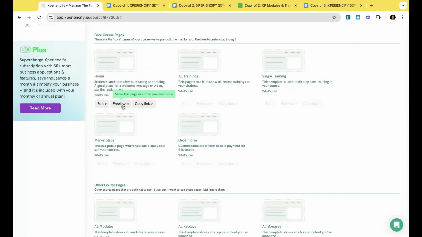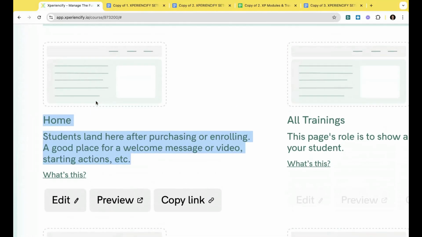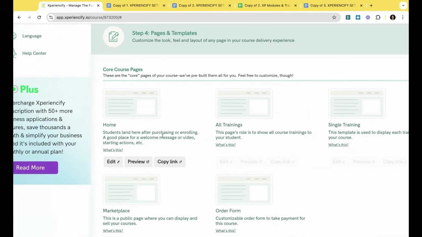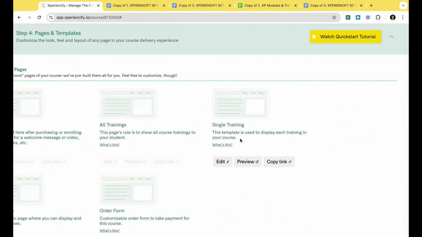After they have purchased your course, they will be directed immediately to the home page, and that's where they start your course. And so you can have a welcome message there. You can have some pre-course activities like joining your Facebook group or white-listing your email address, etc., or other actions that you want them to take to get used to taking actions as well as getting them engaged in the course. So the second page is your home page. That's where people land after they've actually ordered your course or actually signed up.